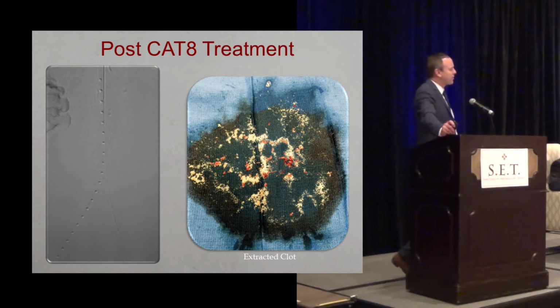There's her distal runoff, so you can see I've gone percutaneous. And then again, just utilizing the Cat 8 device, crossing it. Most of the time I will utilize thrombolytics in conjunction, sort of turning it into a pharmacomechanical case. Then again, a quick 4 passes without the separator, 3 with the separator, and then went ahead and treated her,